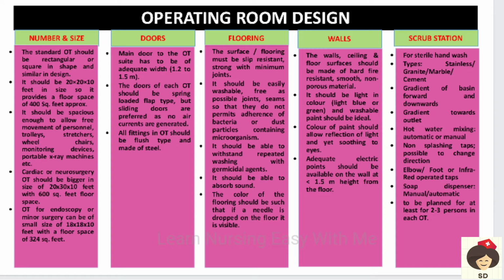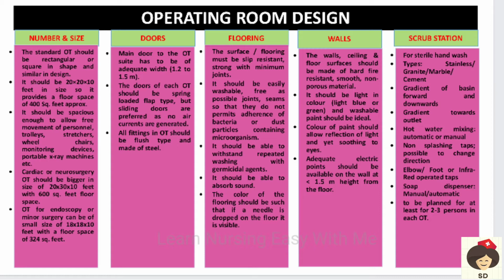the monitoring devices. And scrub station, so you have to have a sterile hand wash area, which may be made of stainless steel, granite or marble. And the basin should be forward and downward, so that water will not splash on the person who is scrubbing. Okay, so an outlet should be there. And hot water mixing, like automatic or manual mixing, can be there, so that in winters it will help.